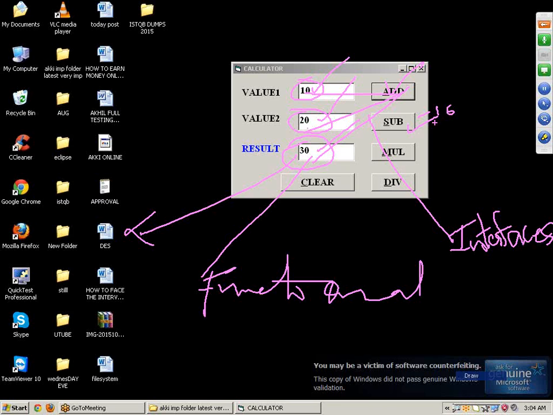Whenever you are working with any application, any software company, any project, developers will always concentrate only on the structural part. Testers will concentrate only on the functional part of the application. So if one performs testing only on the structural part of the application, then the type of testing is known